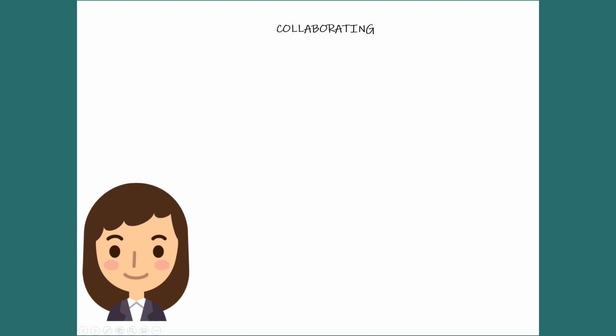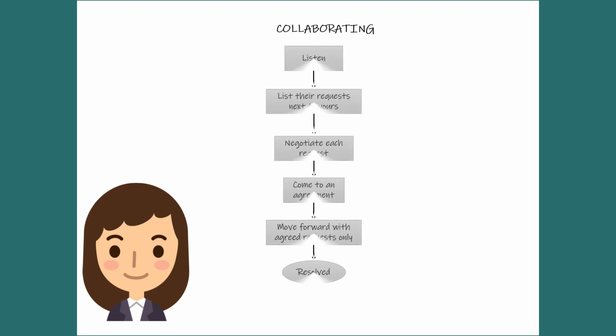And finally, collaborating. This is where you decide to do that win-win situation. This is where both parties work in partnership to get to a joint solution. So you put your emotional differences aside and you address the situation in a logical manner. For example, brainstorming a solution to the conflict is an effective way of collaborating. You list all possible outcomes, both sides of the argument,